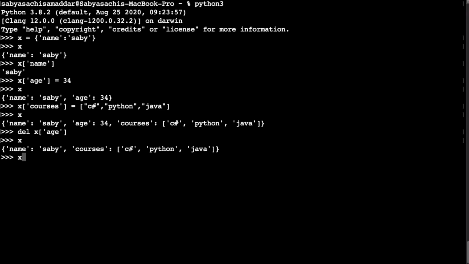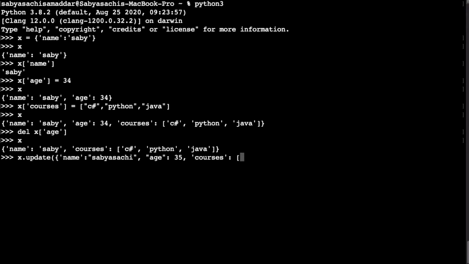So if you want to update, for example, the name, and you want to add new quotes and that age feature also within the dictionary in a single command, you can use the command called update. For example, I want to change the name to something else, for example, I want to make my full name. Okay, and then I need to add a new age, which will be, suppose, 35. And then in the courses also I want to add a new course,